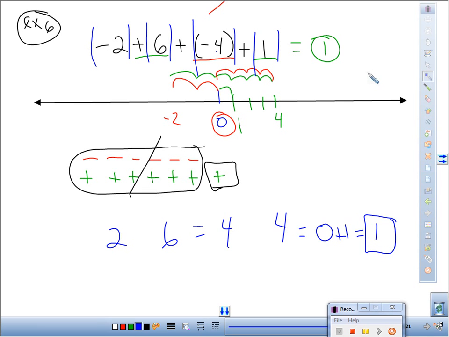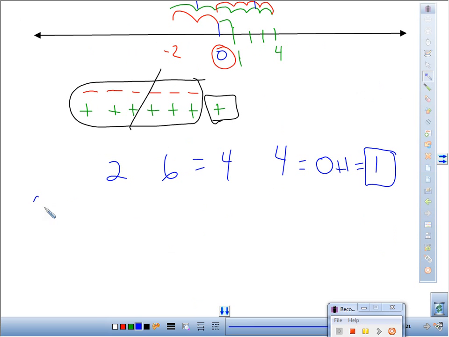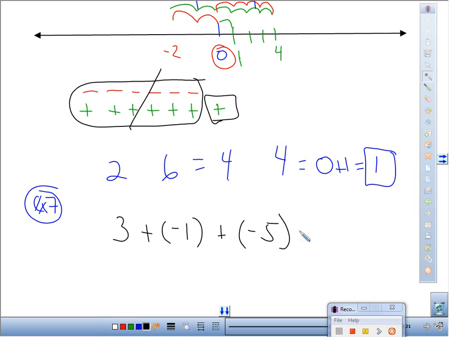Piece of cake? Yeah? All right. So I'll give you one more of these, and you do this one by yourself. I did this one with you. Example 7. Let's start with, how about 3 plus negative 1 plus negative 5 plus